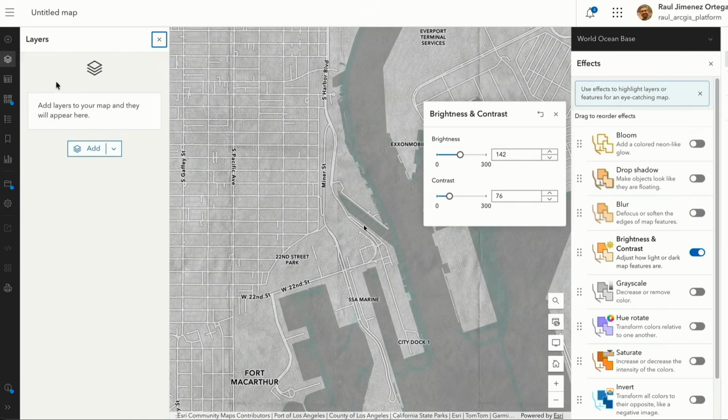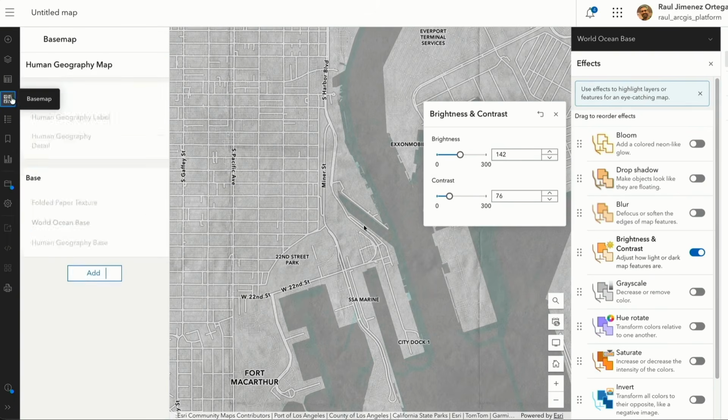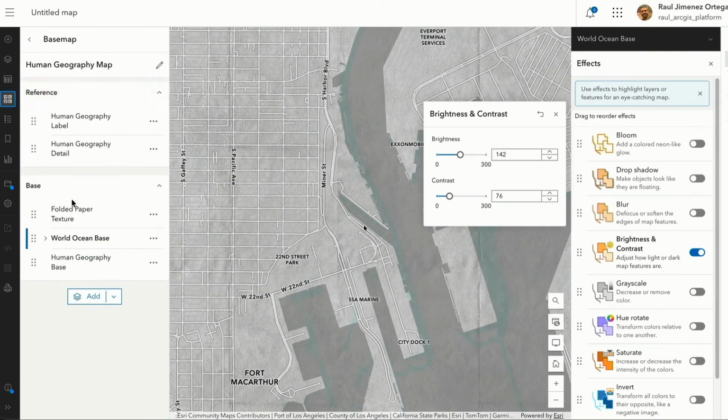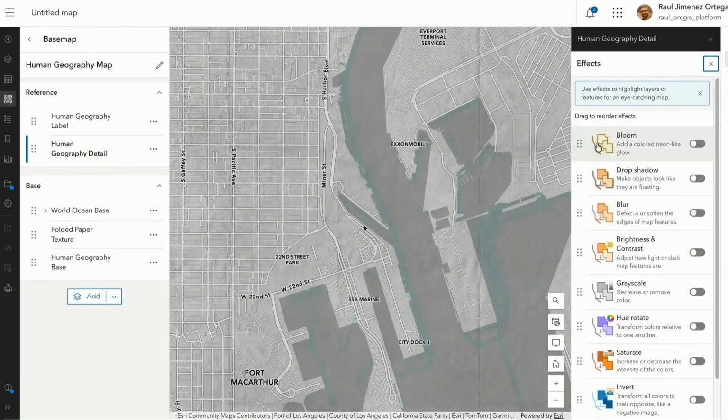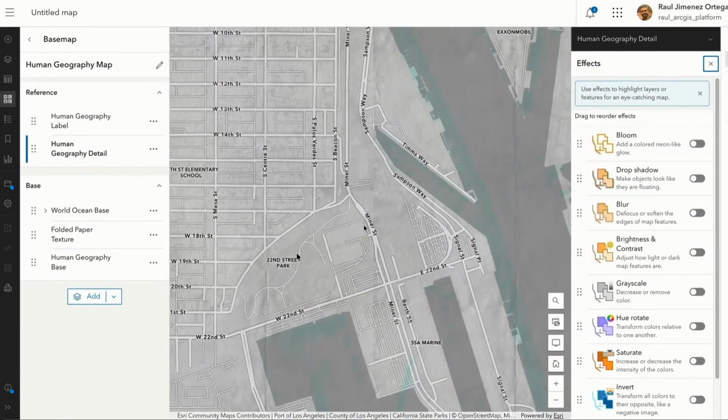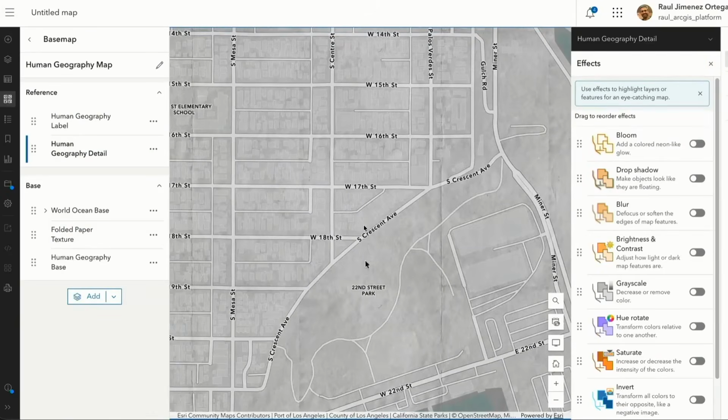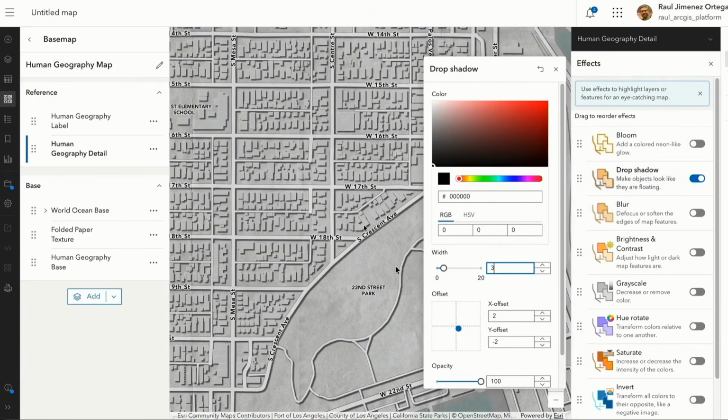Now I'm moving that operational layer to my base layers, because I want to group them all in the Basemap layer. And then there you can start rearranging elements. And the way you arrange elements and you apply effects is going to make things look very different. So here now I wanted to add a little bit of shadows to the buildings. So I went to the details,